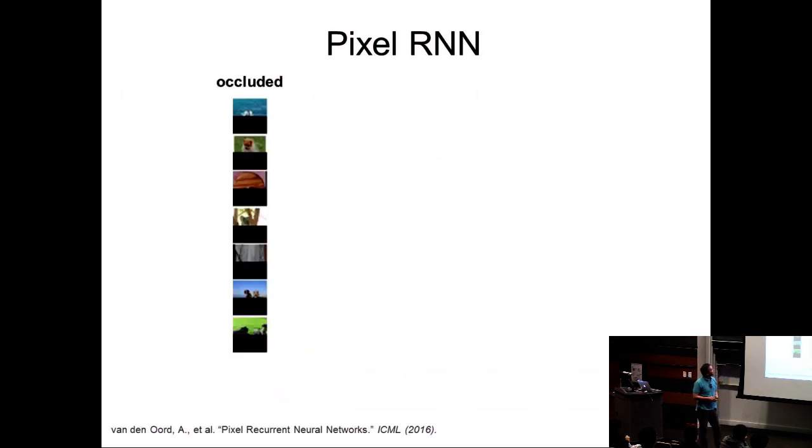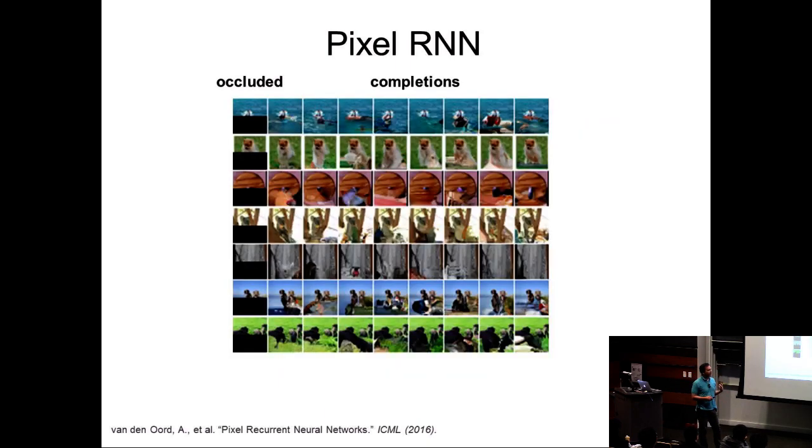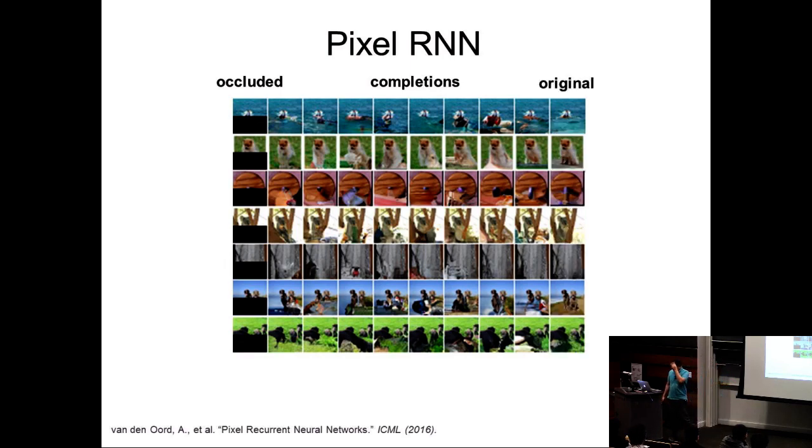You can also do interesting things where these models shine, like with occlusions. So given half of the image, you generate the remaining half. You can see that sometimes it generates what looks like a dog, and sometimes something in the background, like a bench, or a whole bunch of different things. And in terms of quality, if I look at the log probability, these models do quite well. And this is what the original looks like.